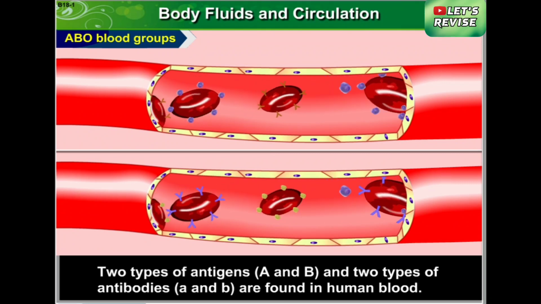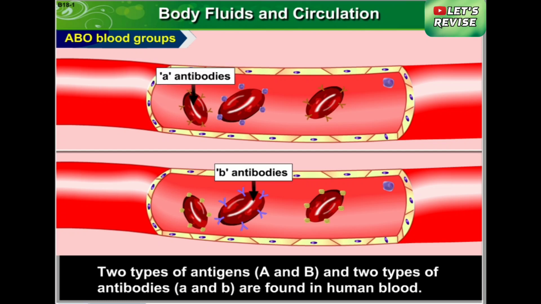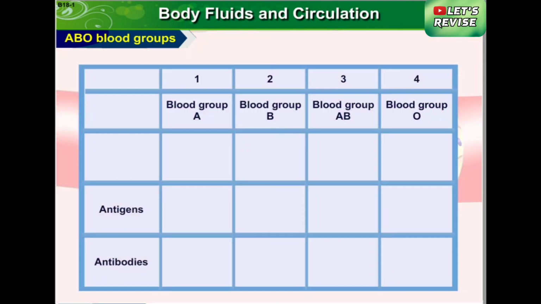2 types of antigens, capital A and capital B, and 2 types of antibodies, small a and small b, are found in human blood. The 4 blood groups are: